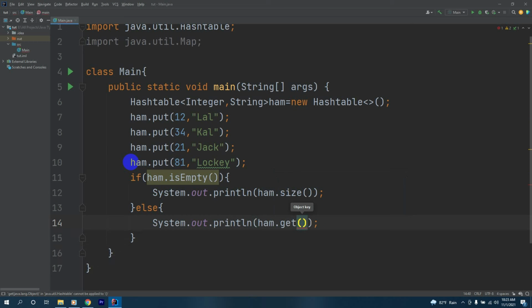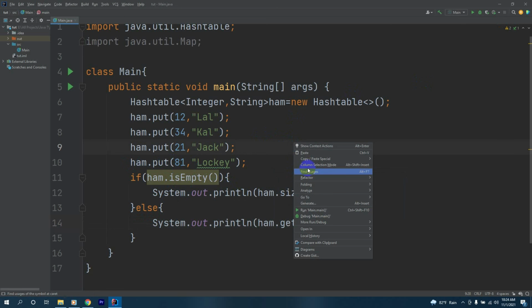We'll provide the key 81. Now let's check the output to see what happens.